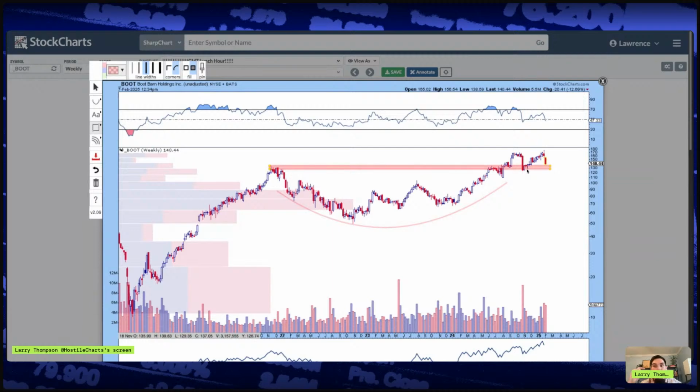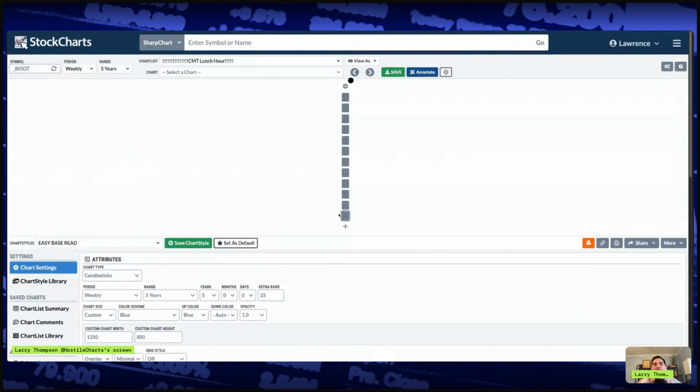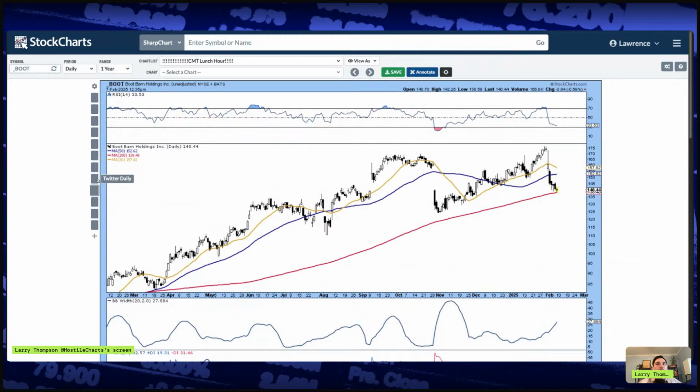So if you're in that, if you like Levi because of the theme of maybe Western or people moving to Colorado, blah, blah, maybe look at Boot, right? I think Boot is just a better looking chart overall. You might start to find support here, but Levi, I just don't see a trade in it at the moment, right? Maybe you're a short-term guy. Let me look at a shorter term chart of Levi.